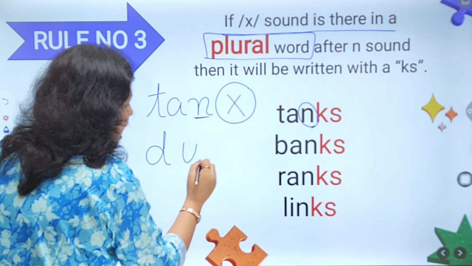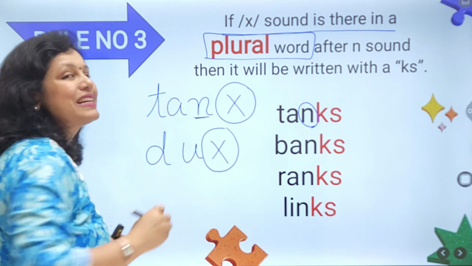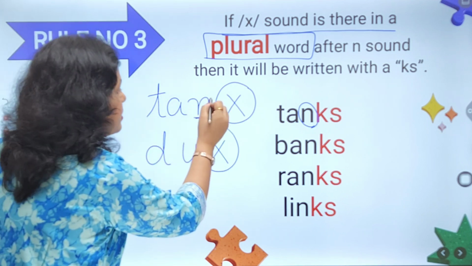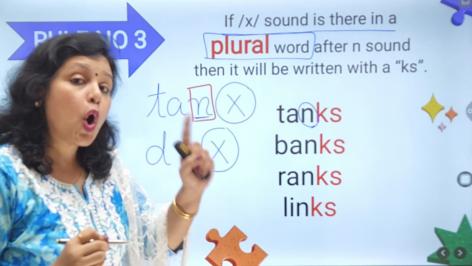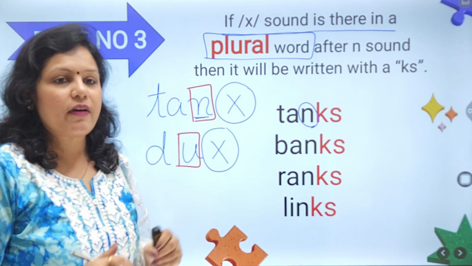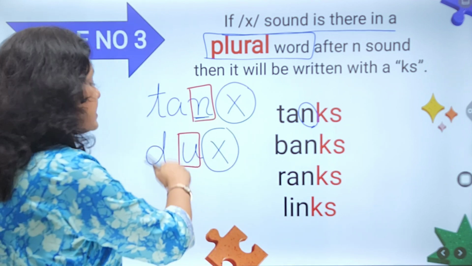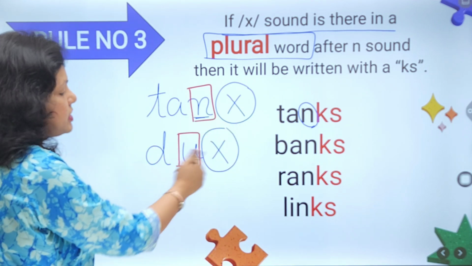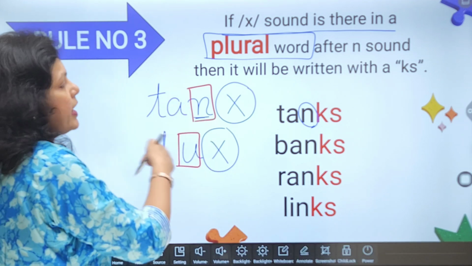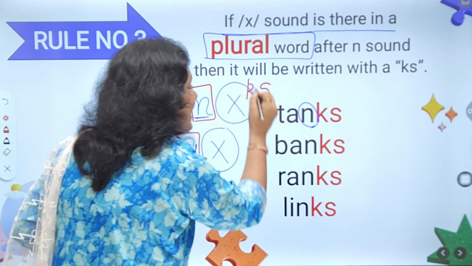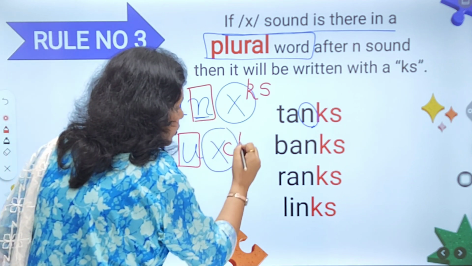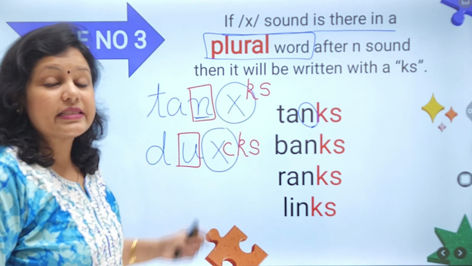Similarly, if I have ducks, now this is also the X sound, but can you identify where you are going to get the X sound? Here it is after a consonant. Here it is after a vowel. So we need to identify where the X sound is coming. Is it coming after a consonant or is it coming after a vowel sound? So if it is coming after a consonant, you will always write only KS. But if it is coming after a vowel sound, you will always write CKS,